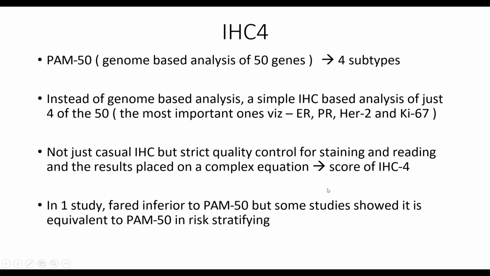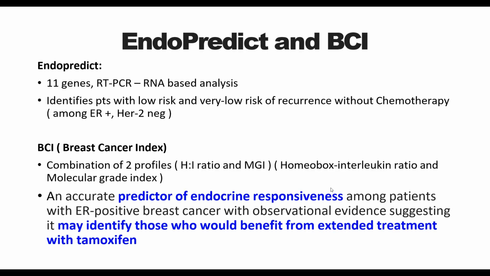It has to be done with strict quality control for staging and testing, and the results are placed in an equation to arrive at a score of IHC4. And this can also help us in deciding if patients with hormone receptor positive, HER2 negative tumors can avoid chemotherapy if they are node negative. So these are two other genomic expression profiles which